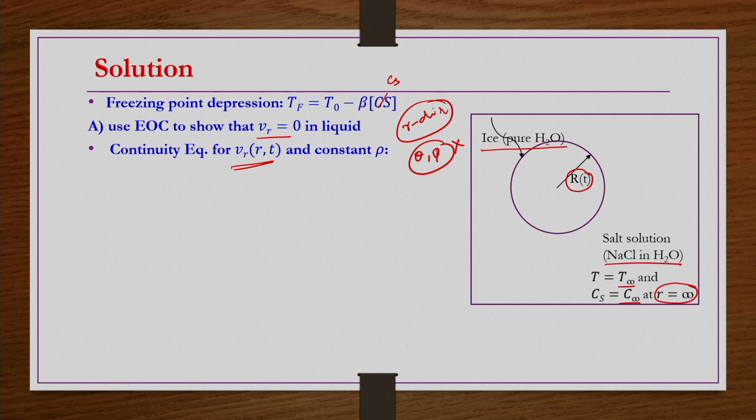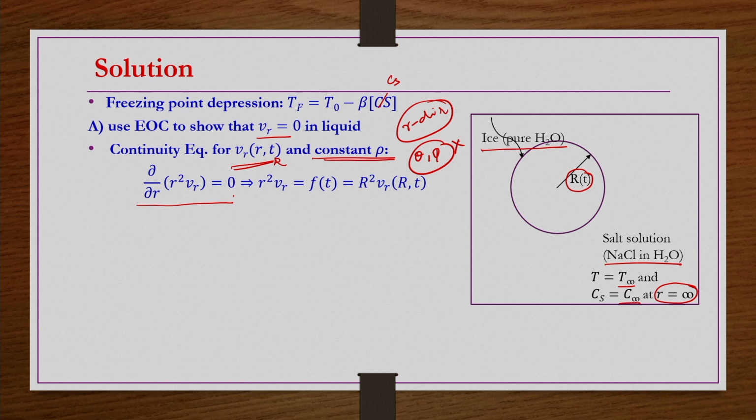So, we take only r coordinate variations because it has been mentioned in the problem that a spherically symmetric crystal is there, and under such conditions Vr or temperature or concentration variations will be functions of r only with respect to space, but in addition to space, they also depend on time. So, Vr as a function of r and t we have to find out, and the density is constant. Why constant? Because it is mentioned that the densities of all three are equal. So, the continuity equation, if you write, in spherical coordinates we get